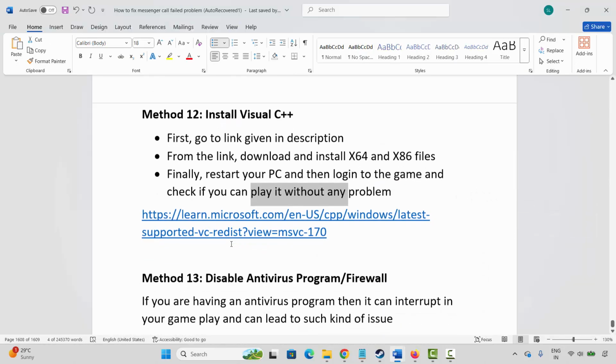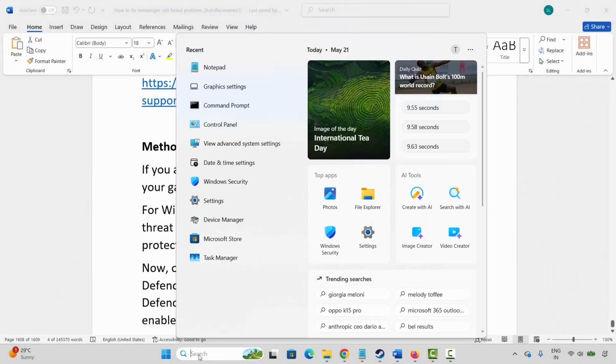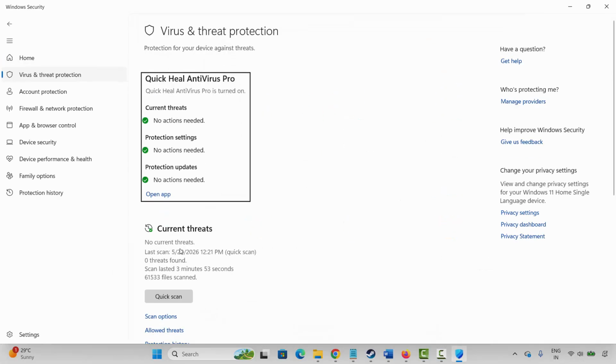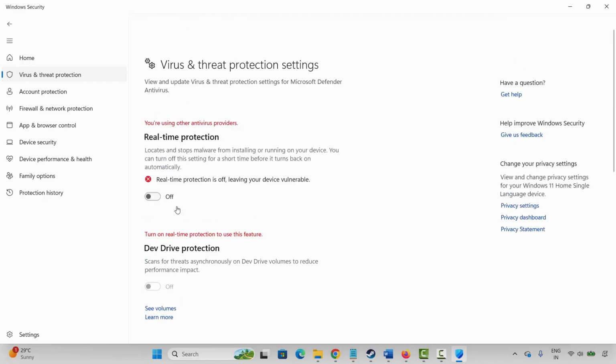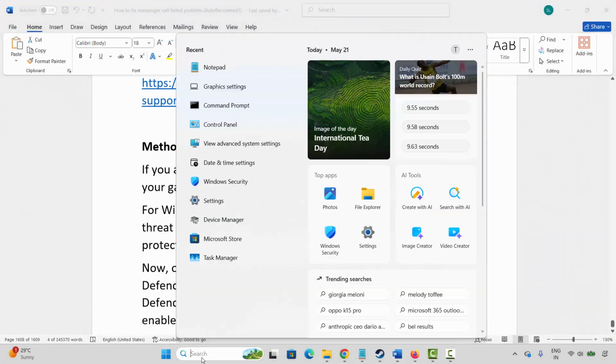Next is to disable antivirus program or firewall. So go to the search option, search for Windows Security. After that, here you have to click on Virus and threat protection, go below, click on Manage settings, and here turn off real-time protection. After you have done this, again go to the search option, this time search for Control